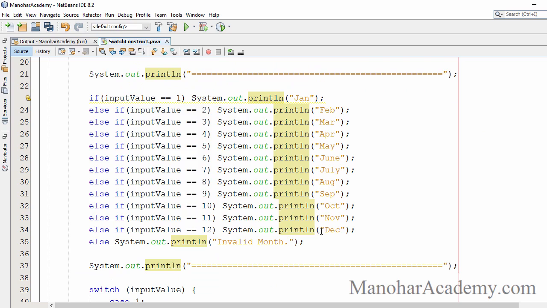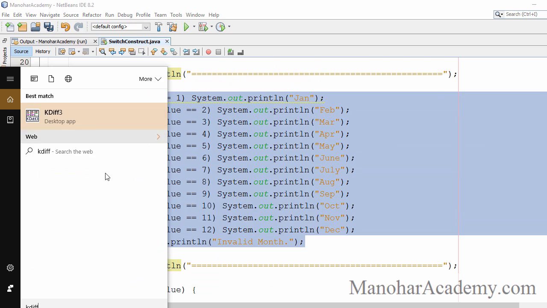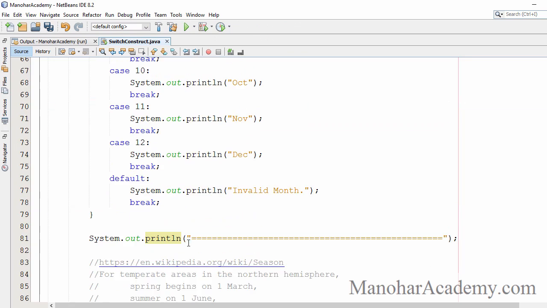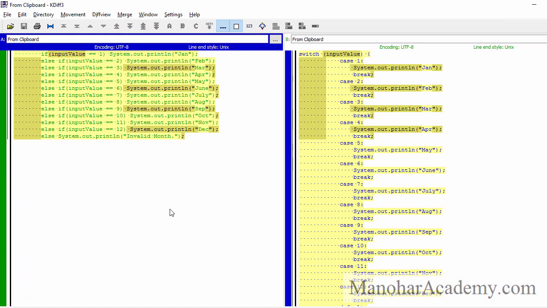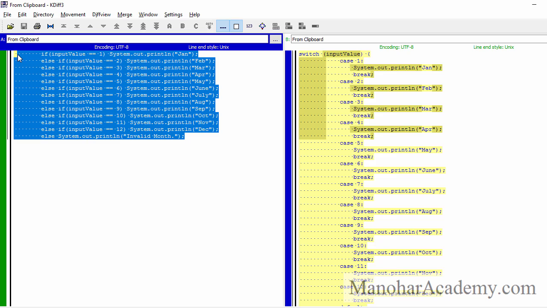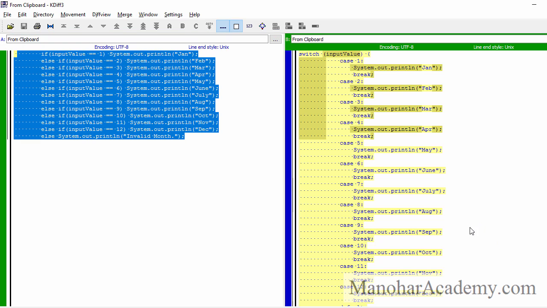Let's compare them once. Even though the first one looks like less code and the second one looks like a lot of code, actually the second one is more readable. If the input value is case 1, then it is January. If it is 2, February.